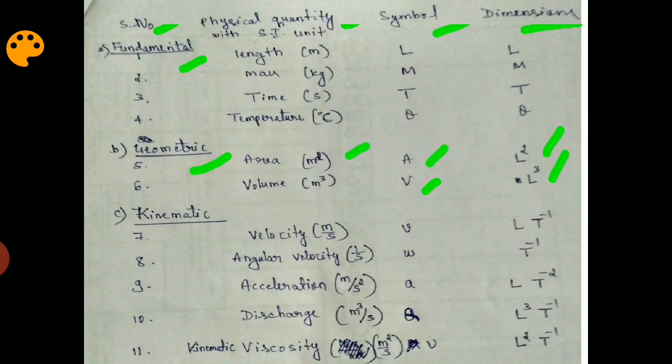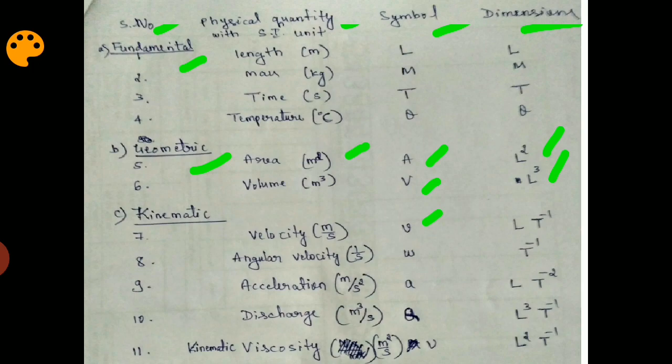Then next is kinematic quantities, which we use when a fluid is in motion. The seventh one is velocity. All these quantities are with respect to motion. We know the SI unit is meter per second, the symbol used is small v or capital V depending on the book, but here I have written V. In terms of dimensional analysis we write it as L T raised to minus 1, because second is in the denominator, that is the time term.